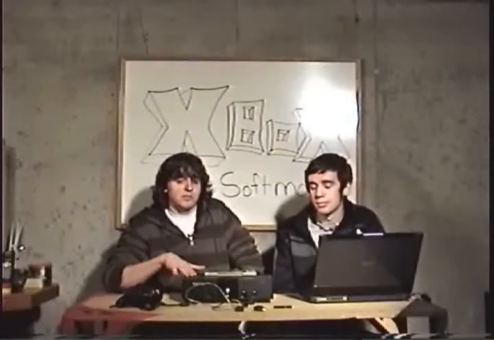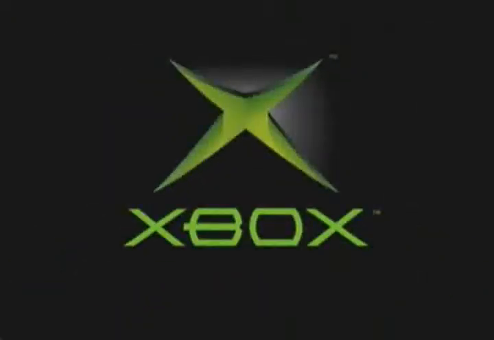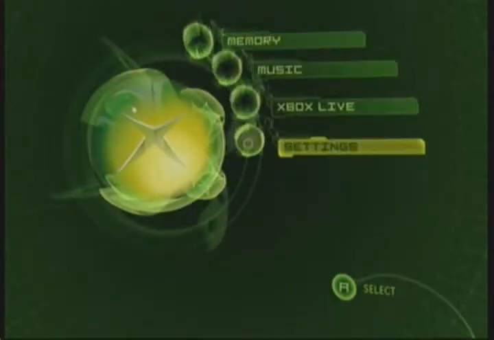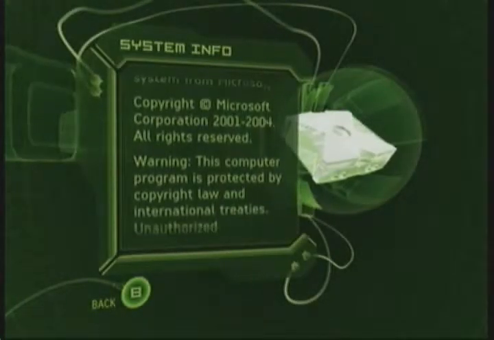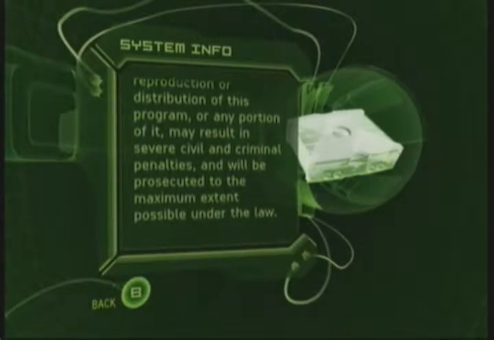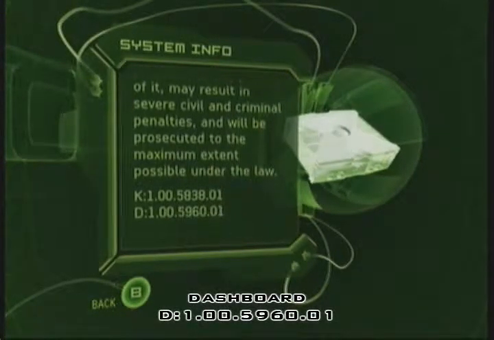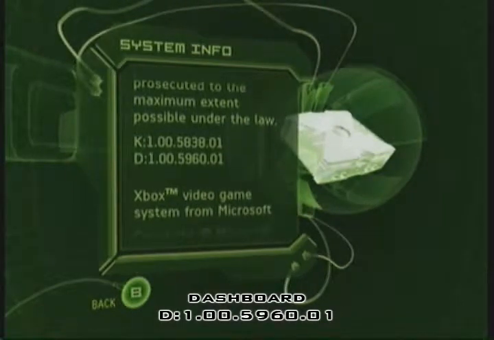What we're going to do is boot up our Xbox, and make sure that we have our dashboard completely up to date. To find out your dashboard version, you just go to Settings, scroll down to System Info, and wait till this whole long copyright thing goes through. At the bottom you see K, which is the kernel, and D is the dashboard, and you want to make sure your dashboard is